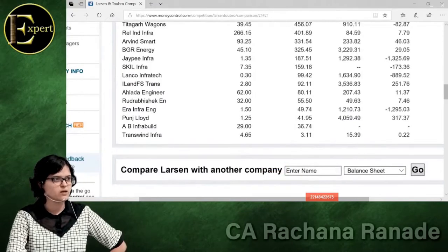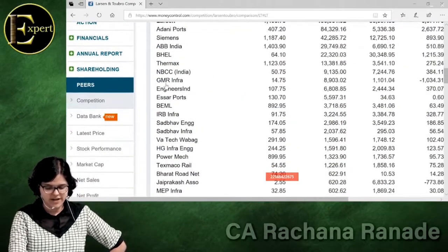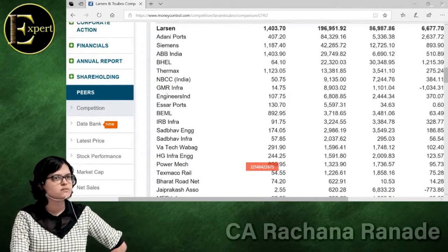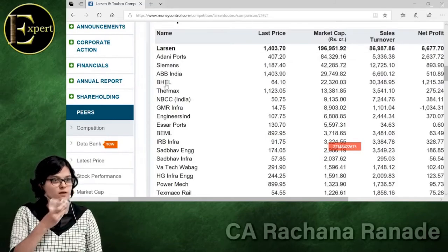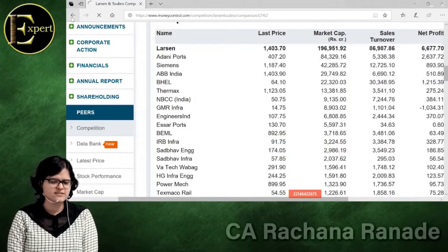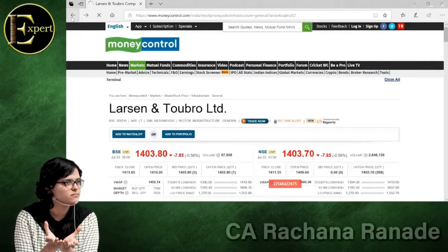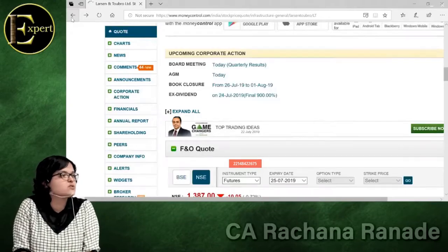Itna karte baithenge? We'll compare each and every. No. So it would be great if I get an average PE of all these competitors, correct na? This average PE of all the competitors, can I say it's like an industry PE? Which industry? This L&T ka jo industry hai, infrastructure.